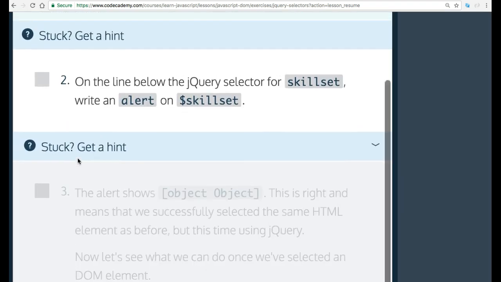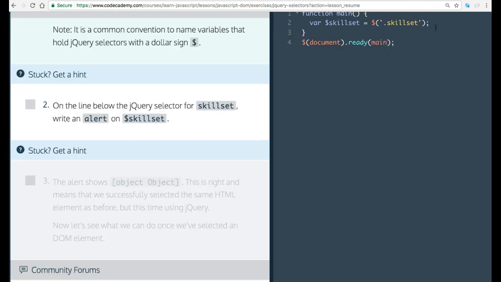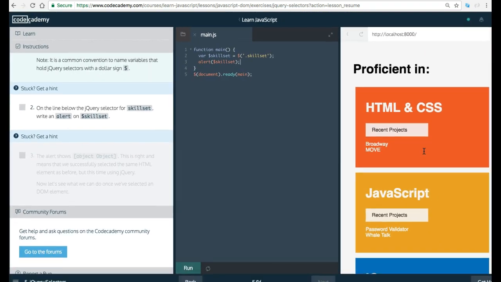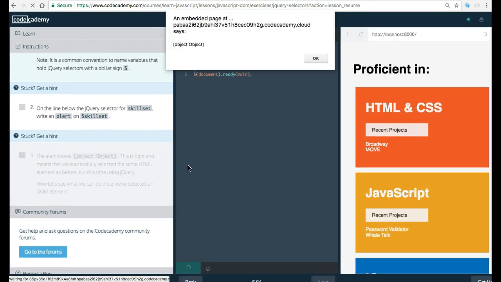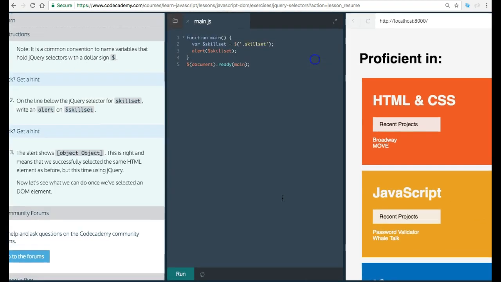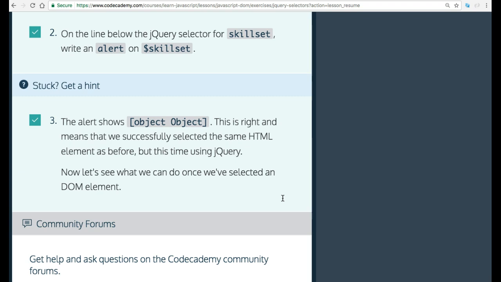2. On the line below the jQuery selector for skillset, write an alert on skillset. Alert $skillset. Let us run this. Run. We are getting our alert, and it is giving us object. The alert shows object. This is right and means that we successfully selected the same HTML element as before, but